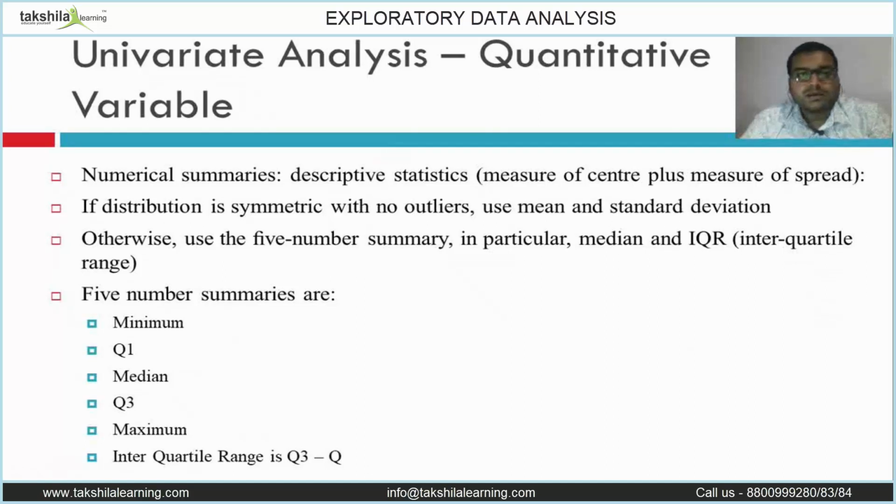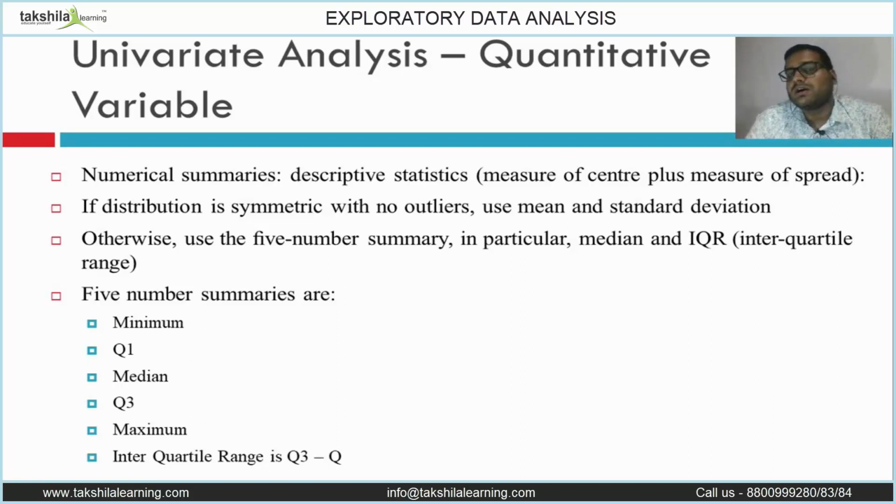Now, univariate analysis, again for quantitative variables. We have already discussed it, but here we'll see it again. For univariate analysis of quantitative variables, we are finding the mean, median, and standard deviation. Then we find the minimum value, the maximum value, the first quartile, the second quartile, which is the median, the third quartile Q3, and the interquartile range. Once you find these, you can get the outliers, and we can even treat them.